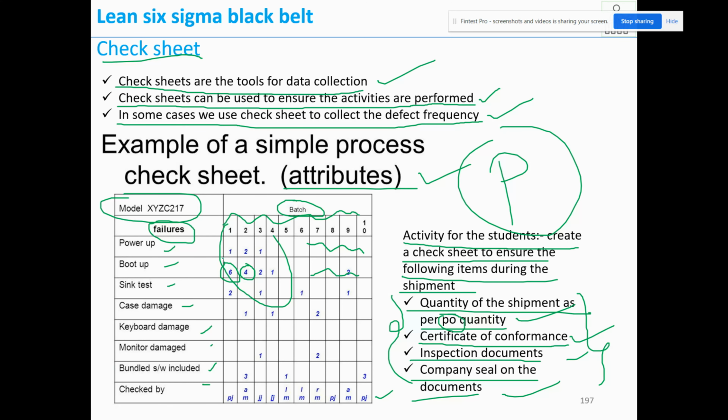Take this as a reference for how you're going to make a check sheet, adding the company logo and all. So it should look like a very nice document. So even when the customer comes, you can show that we are using this type of quality system in order to ensure these things, and the customer will be happy with that. So this is about the check sheet. The check sheet is a very important tool and a very effective tool as well when you use it with consciousness, right?